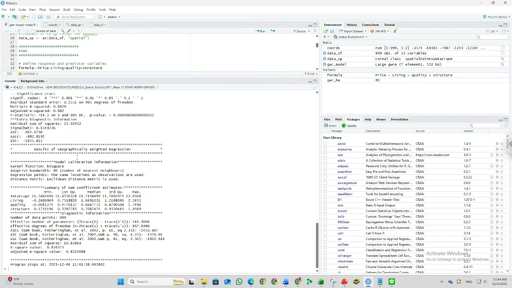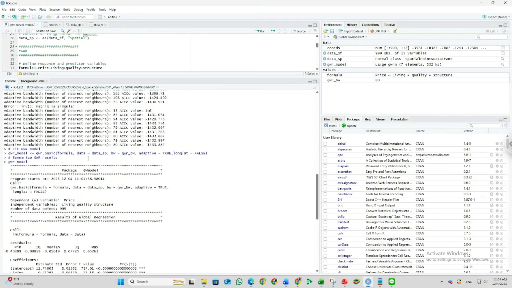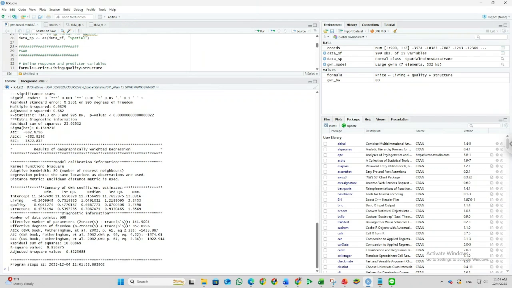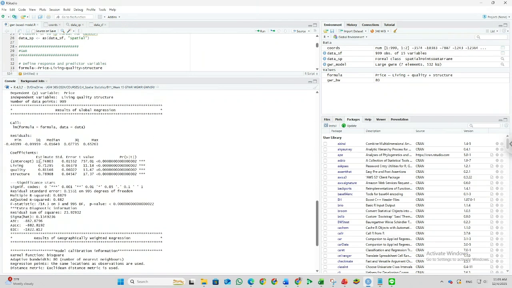And this is for the GWR result. The additive bandwidth is 80. You can see we have already discussed it here. And the significance is different compared to the global regression, because in the GWR coefficient, in the global regression we just have one estimation.